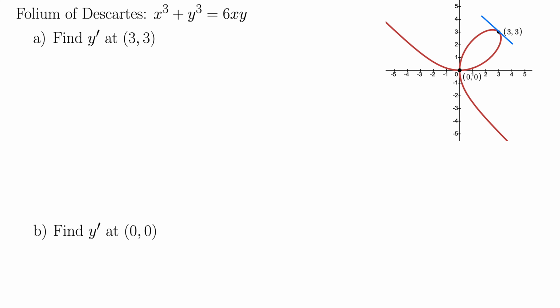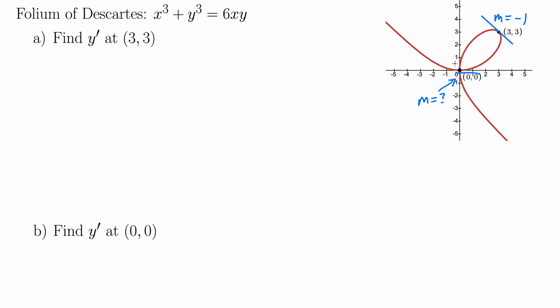maybe like that. And I'm thinking that line would be a perfect diagonal, so the slope would be -1. Now, I'm not sure if that's what it is. I just have a hunch that's what it would be. I also have a hunch that at (0, 0), we're going to have problems, right? Because this thing loops around upon itself,